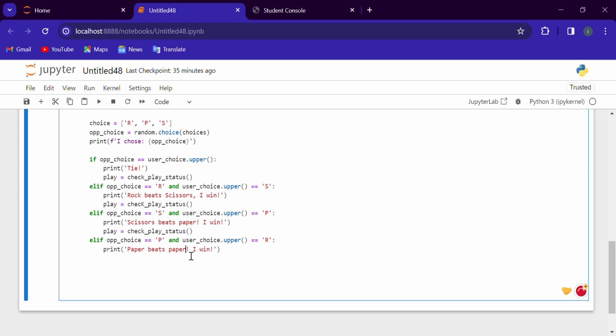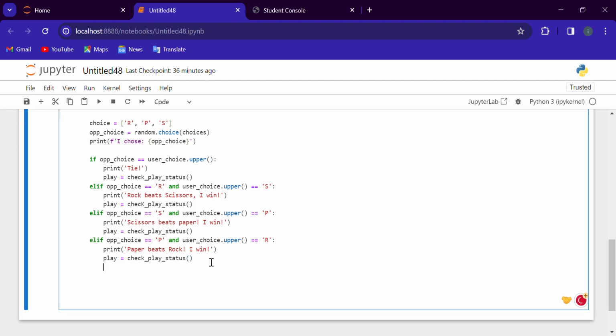Paper beats rock and I win. And we will again call this method here. And now in else we will say